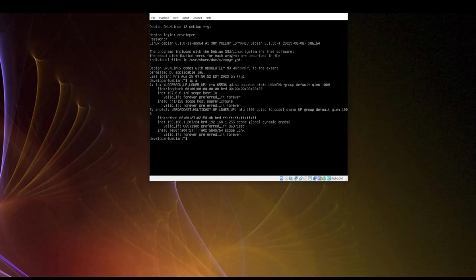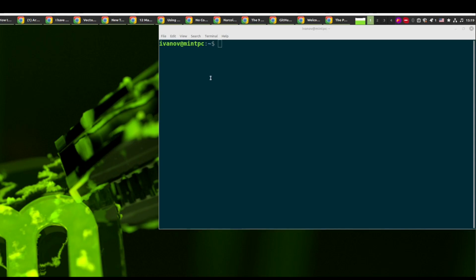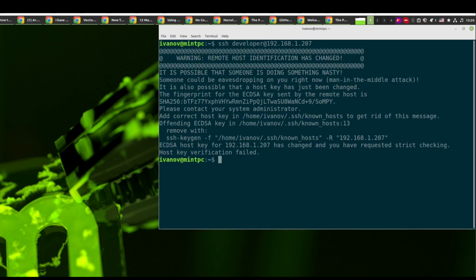In my example, I'm using another virtual machine with Linux Mint, and from this virtual machine I will connect to Debian server with the command ssh the user developer for this machine, followed by the IP address, 207, I think was. Sorry. Press enter. Now when we log in for the first time,